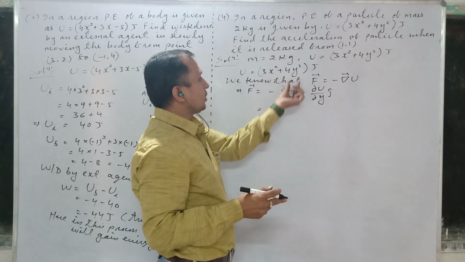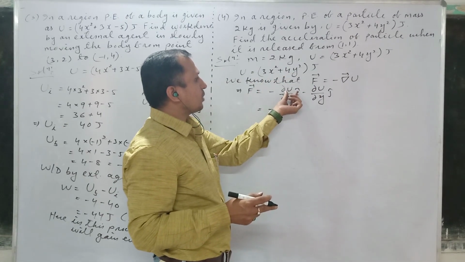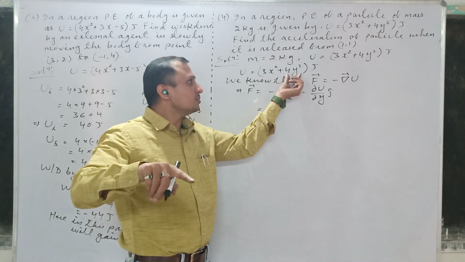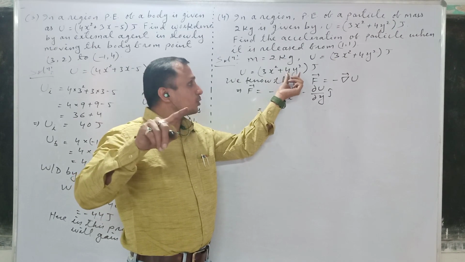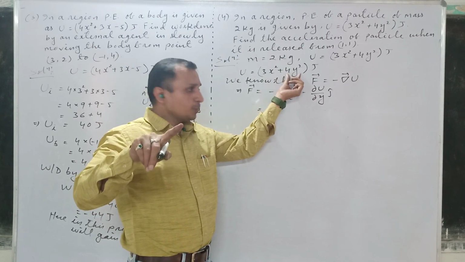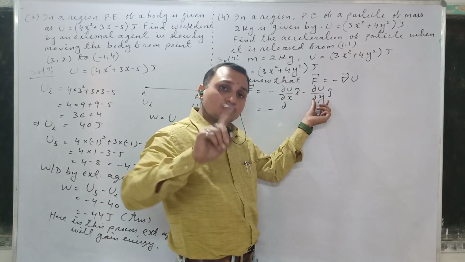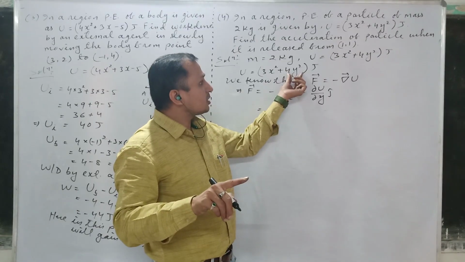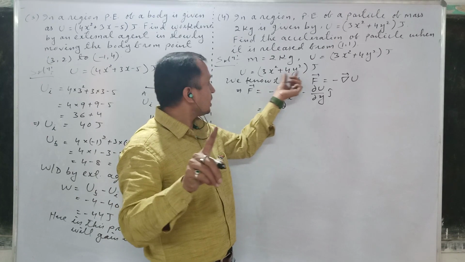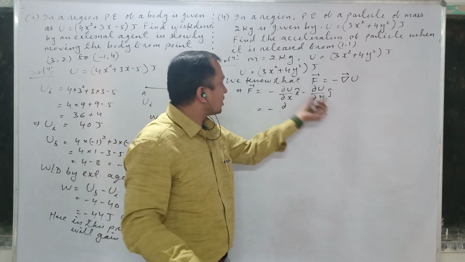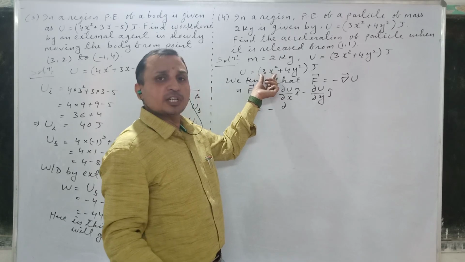So here when with respect to x, if you want to find the partial derivative, then this 4y square will behave as a constant term. Here the derivative of 4y square will be 0. But when we want to find the partial derivative with respect to y, here y square, this y will be the variable quantity and 3x square will behave as the constant. So in the second term, the derivative of 3x square will be 0.